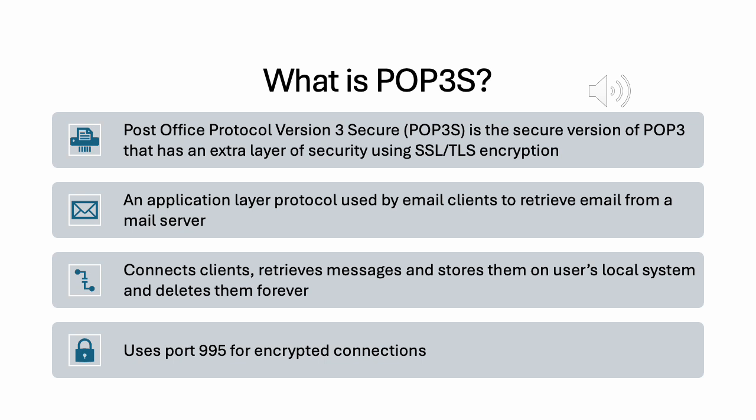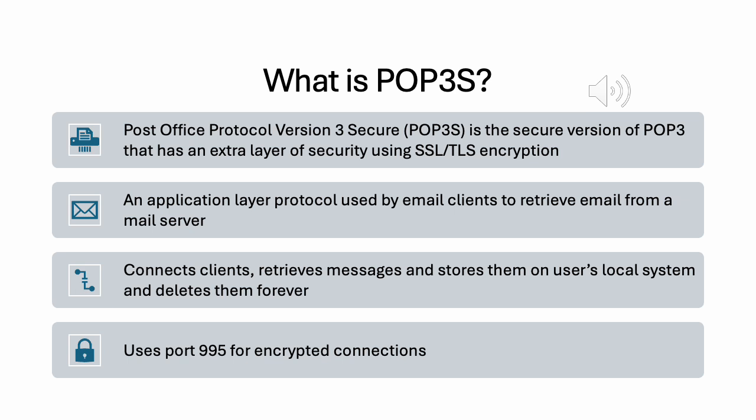POP3S, which stands for Post Office Protocol Version 3 Secure, is a secure version of POP3, an email retrieval protocol that allows email clients to download messages from a mail server. What makes POP3S different from POP3 is that it adds an extra layer of security through SSL and TLS encryption. With this encryption, emails are securely transferred between the server and the client, preventing unauthorized access and protecting sensitive information